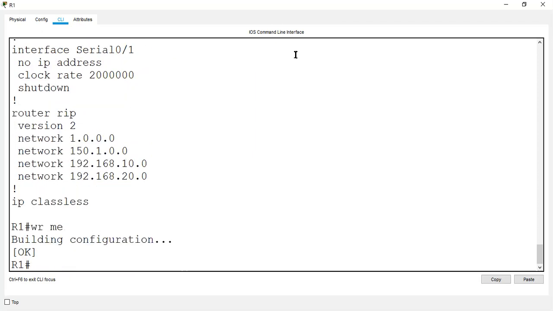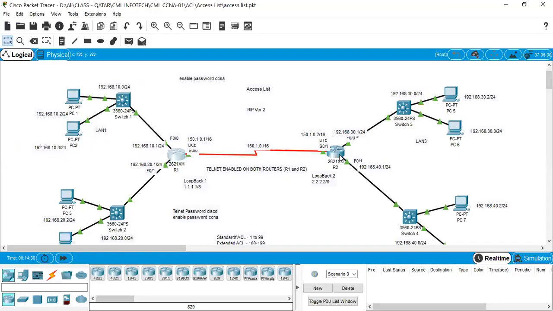Same thing, we will look into the R2 router. You have the 3 network.